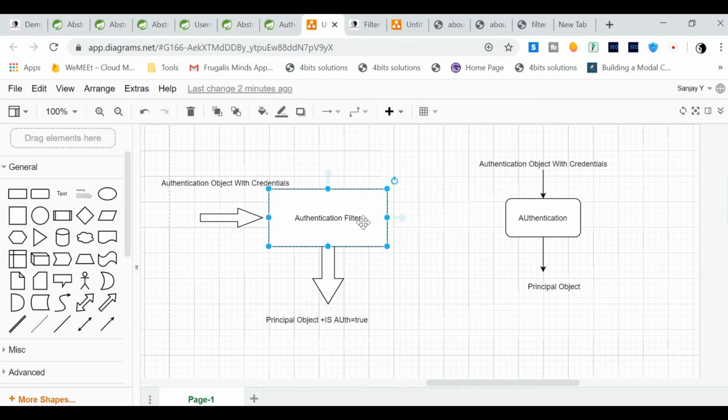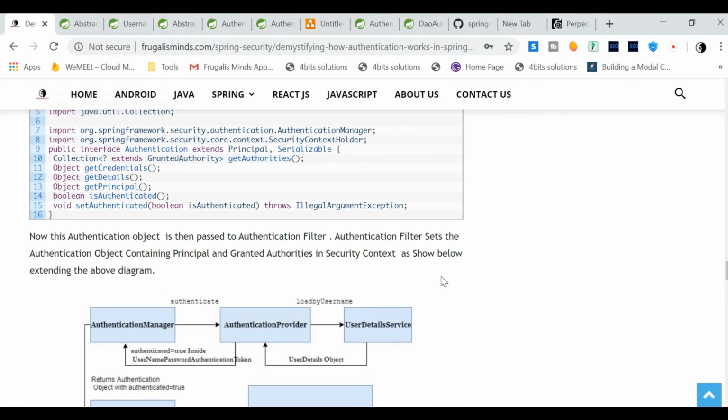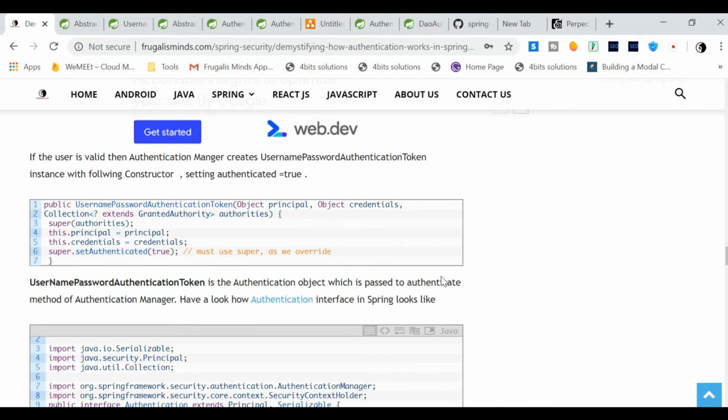Now the question is how the authentication filter performs the authentication. Now we are returning to the $1 million question: how is authentication done by Spring after it passes from the authentication filter? In Spring there is something known as authentication providers. Providers are basically used to validate the user and return an instance of principal.